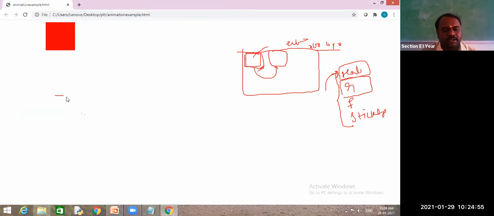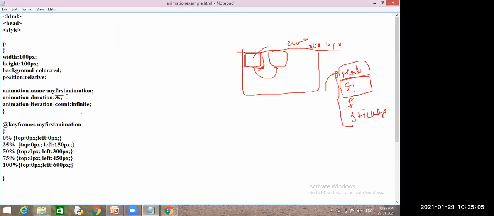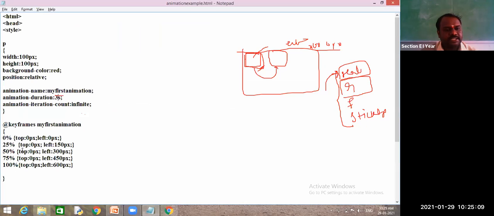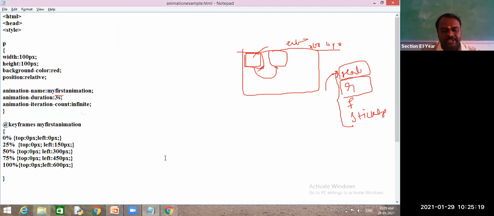To fulfill that requirement, what do I need to do? I need to give a rule to that animation. So where can I give that rule? Inside this paragraph or inside these keyframes? Inside keyframes, sir. Very good. Inside keyframes.